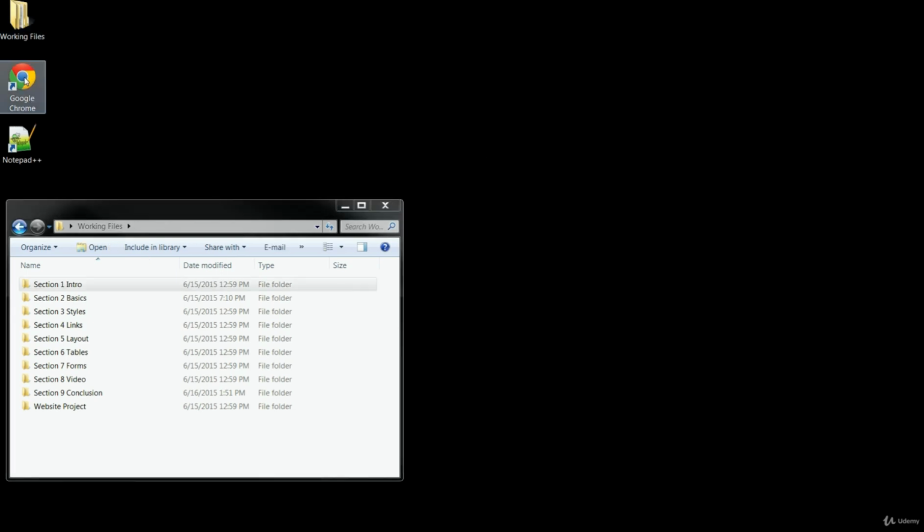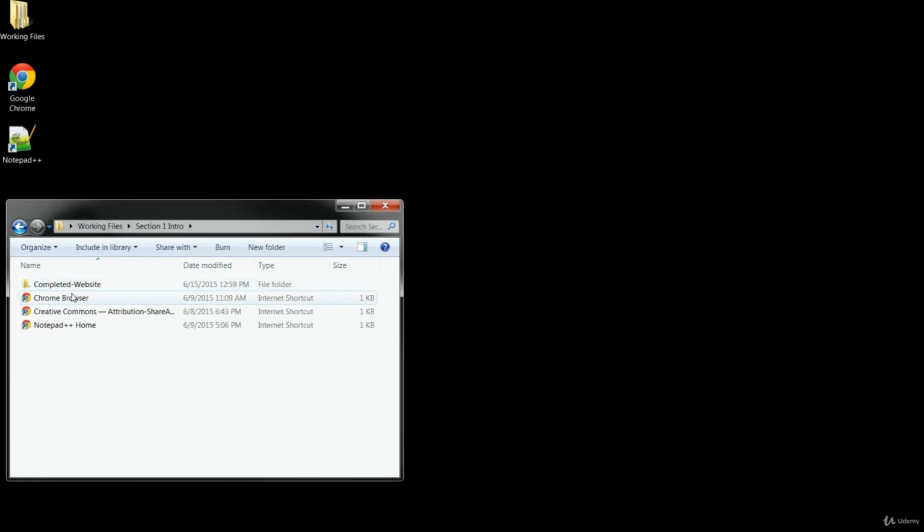For the lessons, I'll be using the Google Chrome browser, and if you want to use it as well, I've included a link to the Chrome site here in the Working Files Section 1 folder, so you can download and install it yourself. We'll talk more later about supporting older browsers, but for learning, it's best to stick with one of the more modern, up-to-date versions so you can see how everything should be looking and working when you have